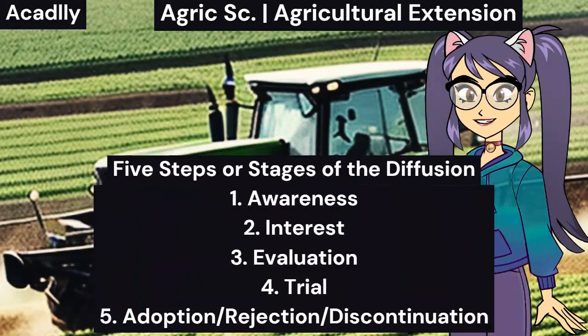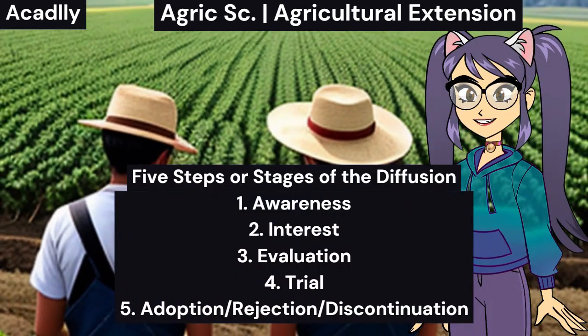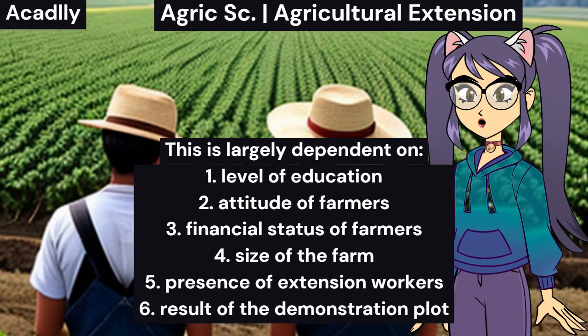The 5 steps or stages of the diffusion. 1. Awareness. 2. Interest. 3. Evaluation. 4. Trial. 5. Adoption, rejection, discontinuation. Adoption of new innovation. The adoption of new innovation involves the acceptance and practice of newer modern farming techniques introduced in rural areas. This is largely dependent on: